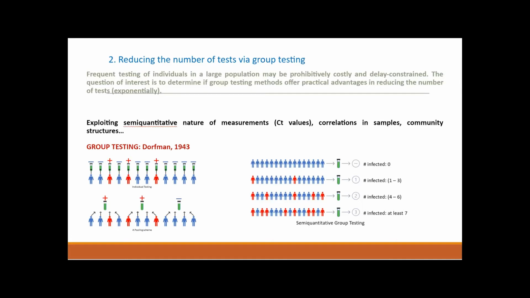Second, to answer a question posed by Brian, you can also use correlations, because a large number of communities have highly correlated test results: if one member of a household is ill, it's very likely that other members are ill. That allows for additional test savings that let you scale it up further. This is receiving a lot of interest in the information theory community, in particular in the last year or so. Next slide, please.